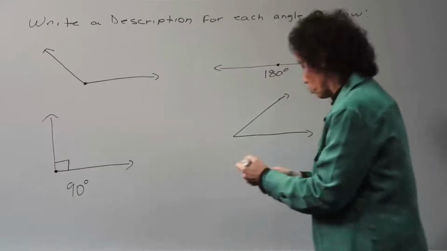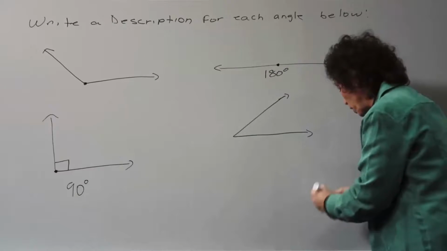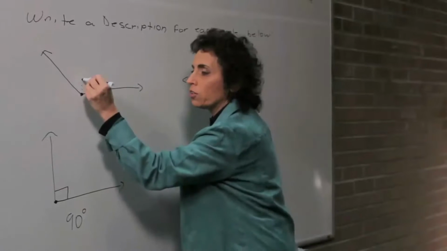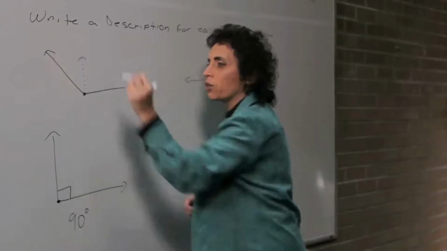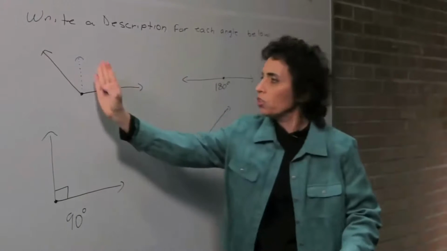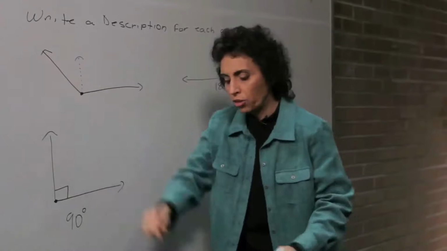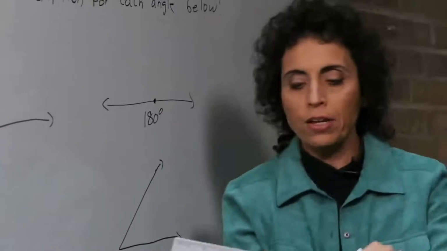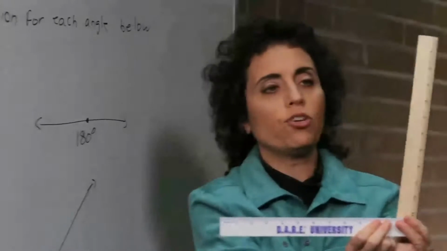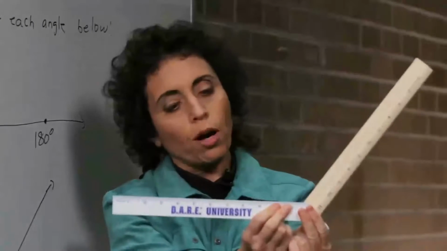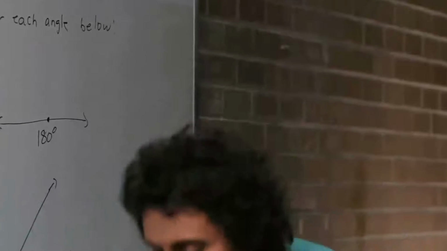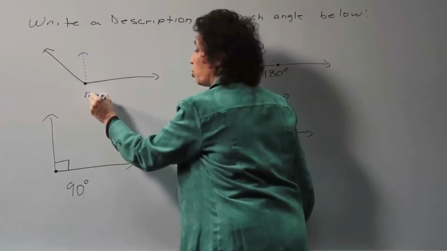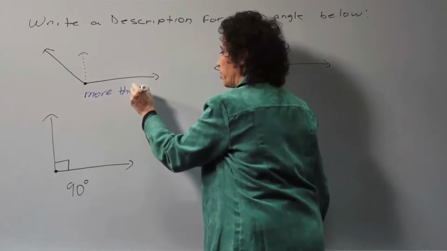Here, you might notice, and you might not, but a good way to describe this angle would be, if we compare angles to 90 degrees, there would be your 90 degrees, so this is more than a 90-degree rotation. So what happened here, if I go back to my handy-dandy rulers, okay, here's your 90 degrees, but this went a little bit further, so it's a bigger rotation than 90 degrees. So we could say that, more than 90 degrees. If you had a little protractor, you could measure that. I know that makes you happy.